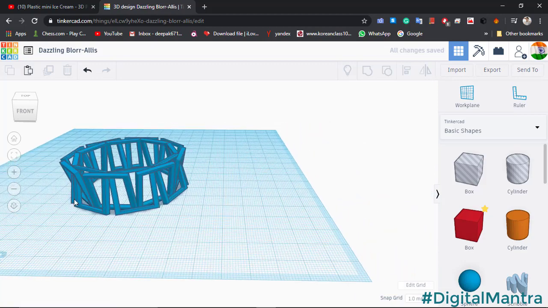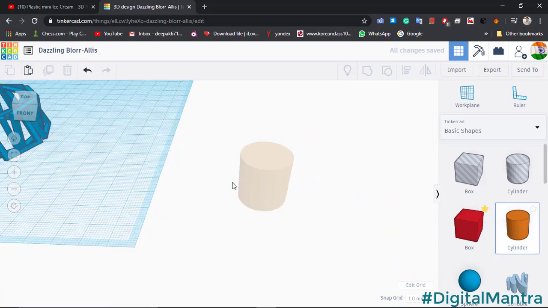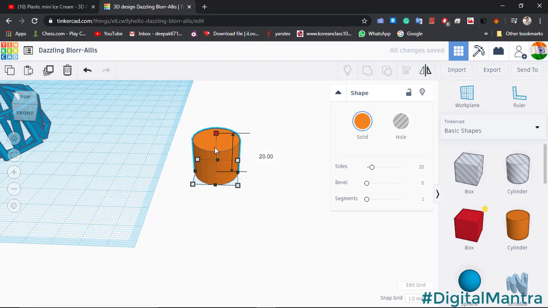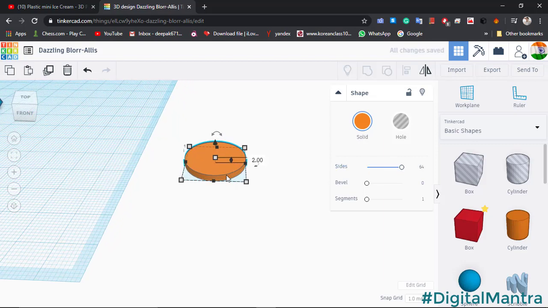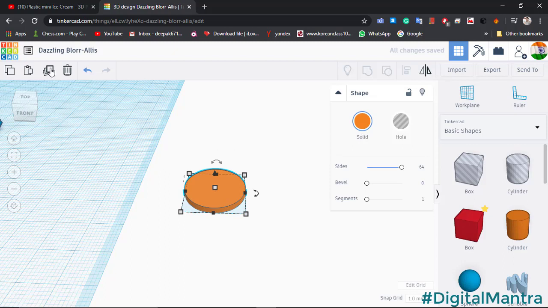Now we will make a system. Reduce the height to 2 mm and then first of all make the side 64 so that we will get a finished surface here, and then create a duplicate, make it smaller, make it a hole, then group it.